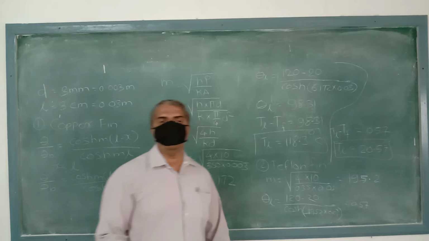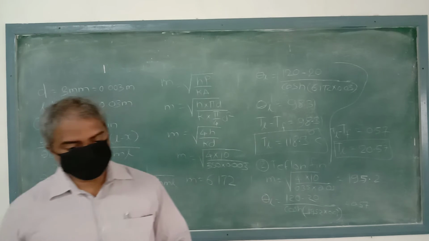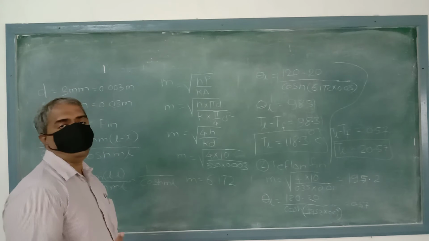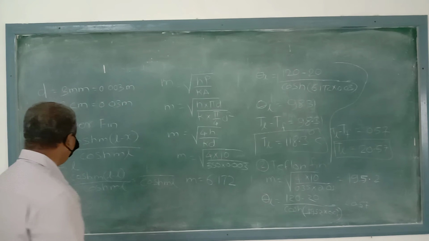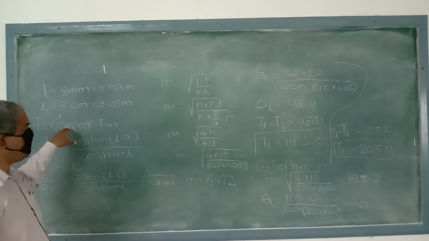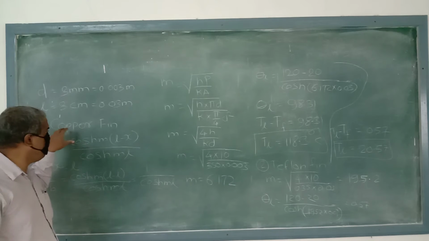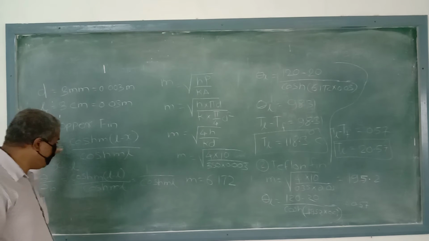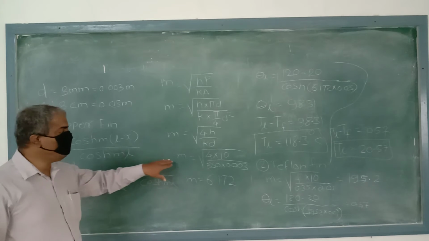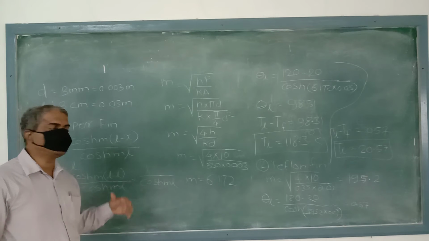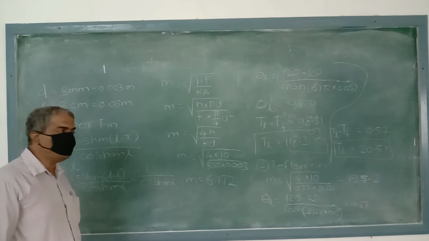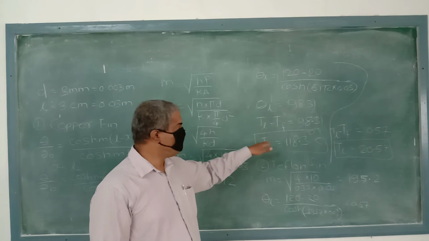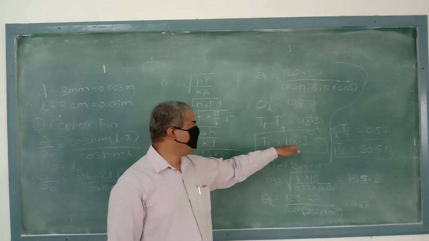So these are the values of the temperature at the fin tip. When the material changes in this problem, we can easily observe that, as the material is changing, first we have used the copper material. For copper, the value of m is different, and as we are substituting this value of m, we are getting the temperature at the fin tip